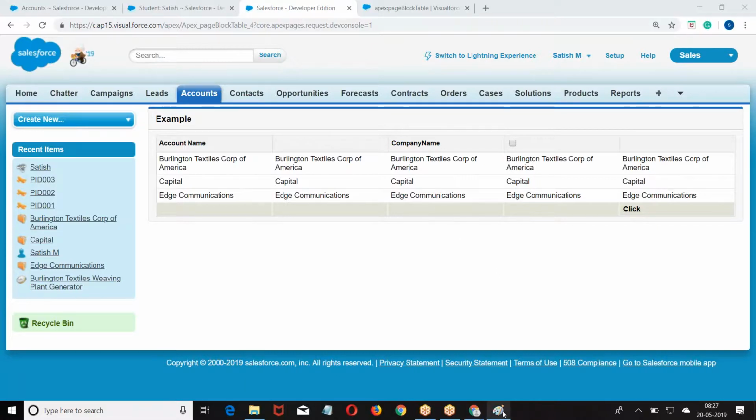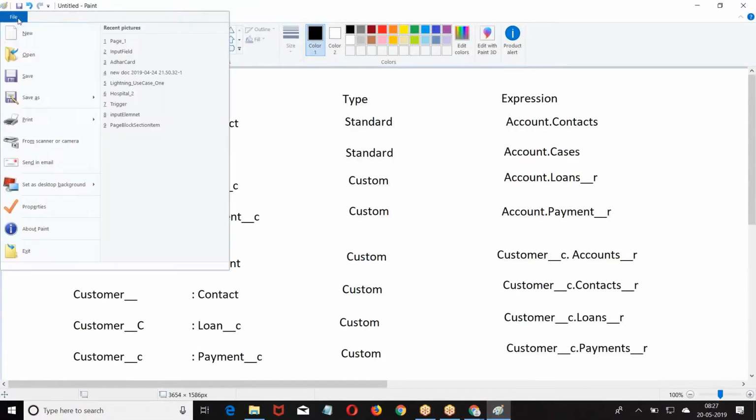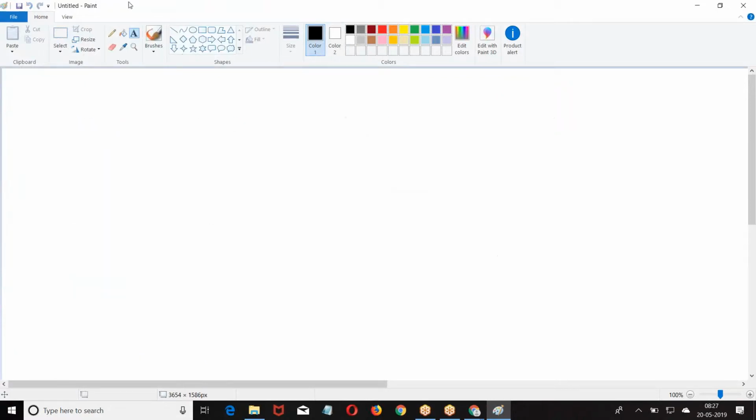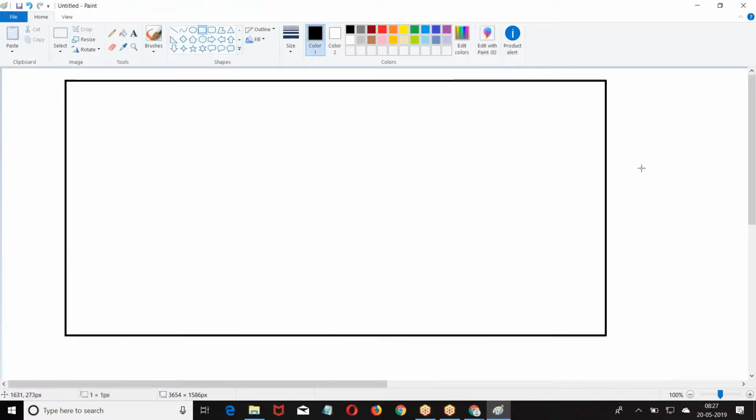Now, let us take a quick example. I want the output to be like this. Let us build one example.